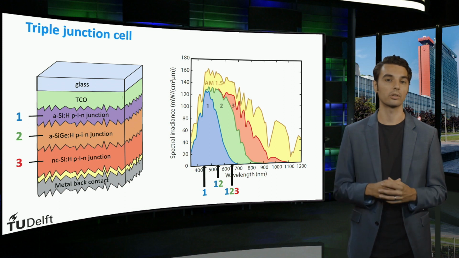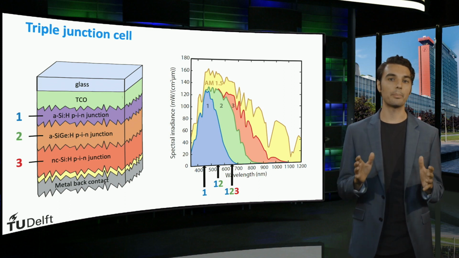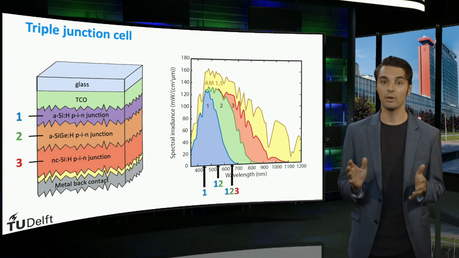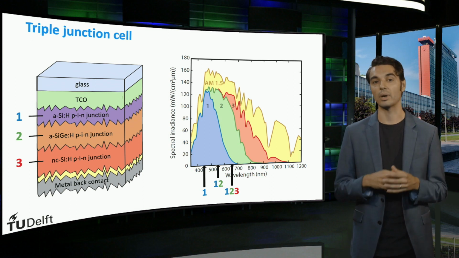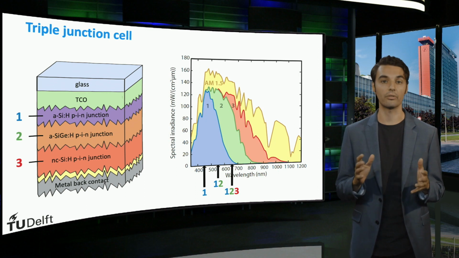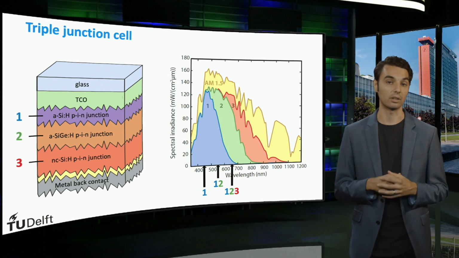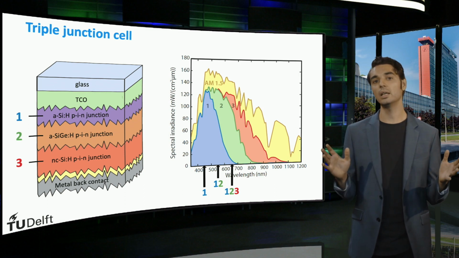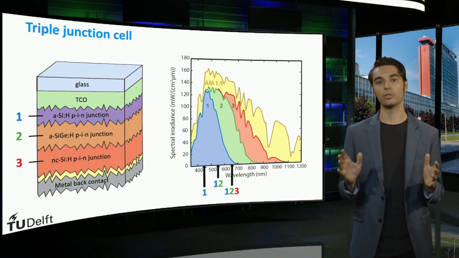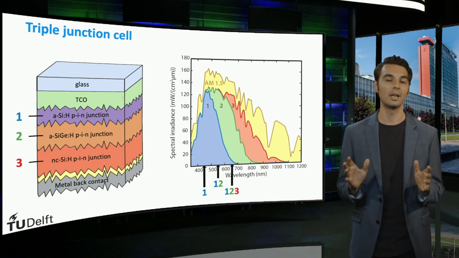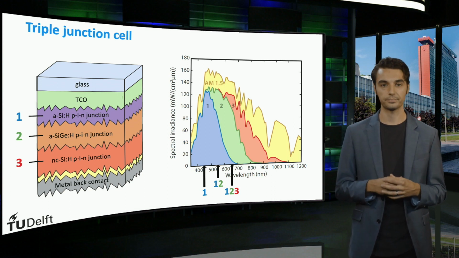The overlapping EQEs of the junctions are unlike those of, for instance, III-V multi-junction cells, where the EQEs of the individual cells are block functions. III-V based technologies will be discussed later in this course. Consequently, optimizing thin-film silicon multi-junction solar cells is a complex interplay between the various absorber thicknesses and light management concepts.